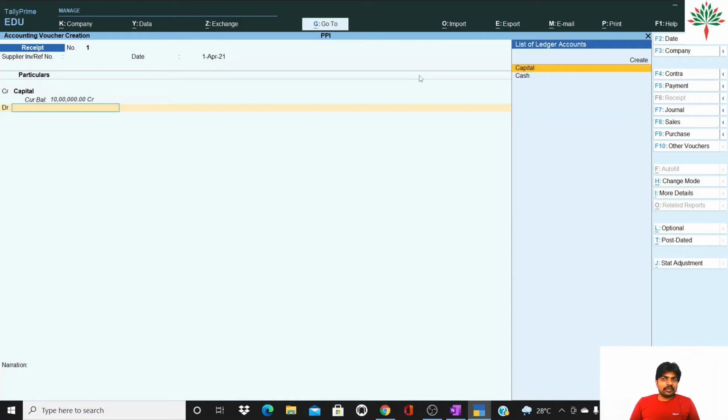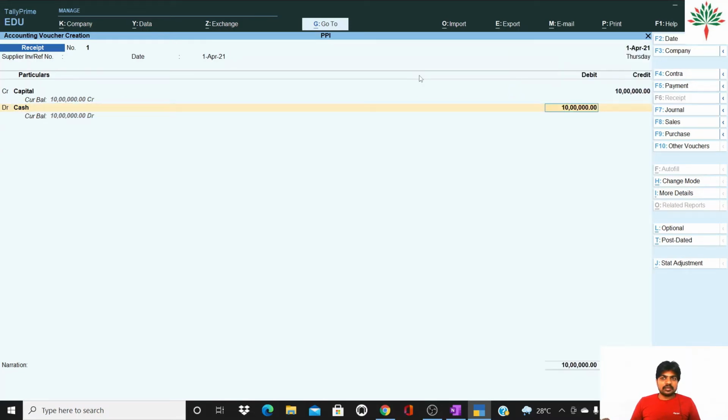Debit, which account will be debited? Cash. So cash, you will not have to create a ledger. It is already given in the default list in Tally. So you will just pick cash and press enter. Now it will ask for a narration. In the narration you can give the narration as per your specification.